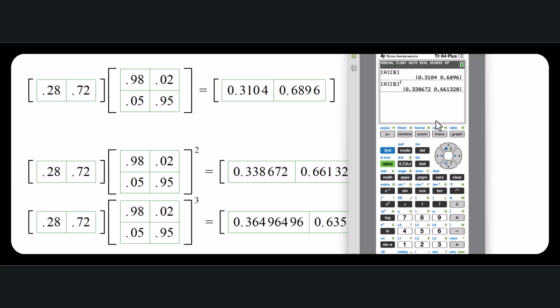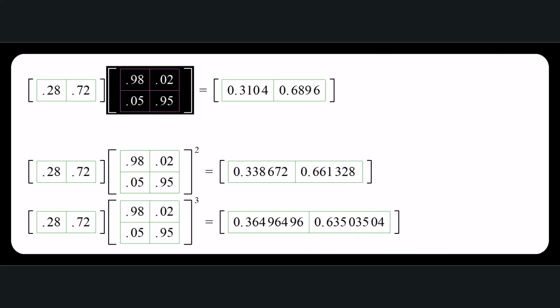0.338672 as you had before. Then for the next one, you can just keep on doing this. Just change this 2 to 3, and you get the subsequent stage as you had here. Okay. And so what we have to do now is find the steady state of this